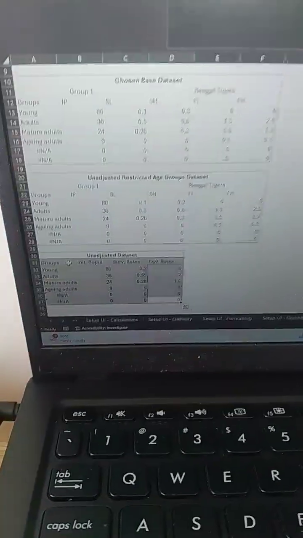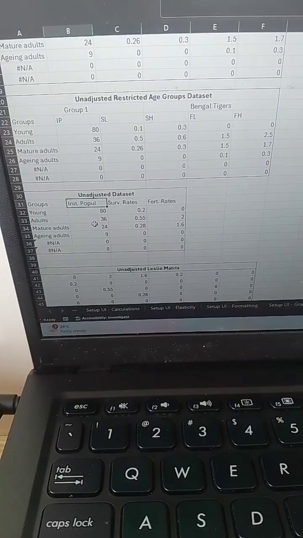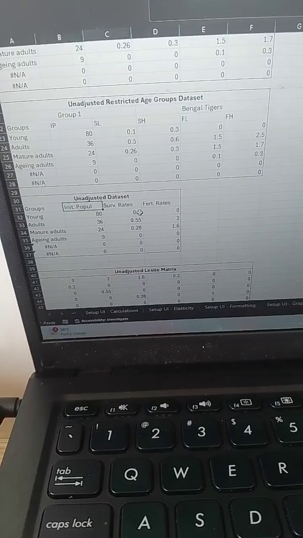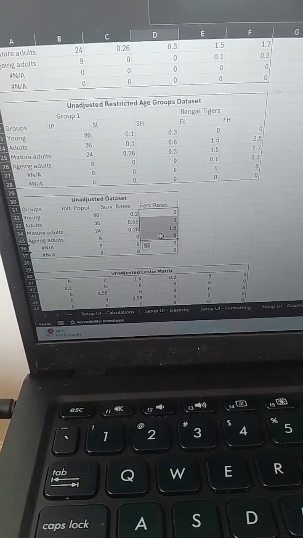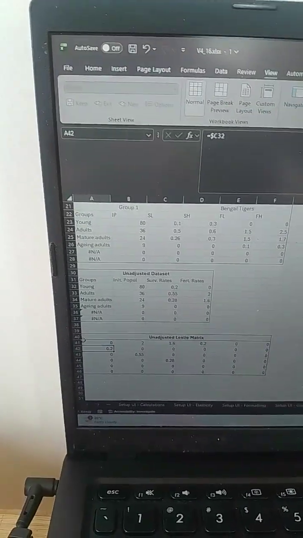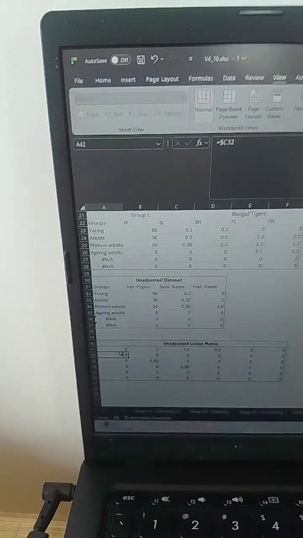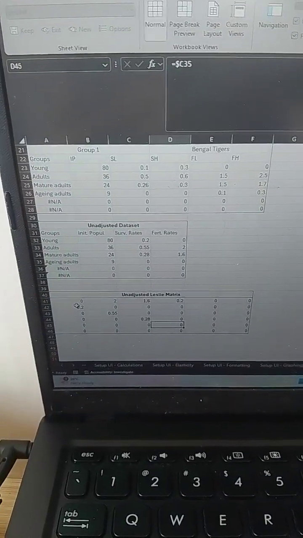I showed earlier. My initial population is 80, 36, 24, and 9 for the young adults, mature adults, and aging adults respectively. These are their respective survival rates. These are their respective fertility rates. Now, if I put this into what we call a Leslie matrix, which is just a big mathematical array for population predictions, I get this, where I have the final adjusted fertility rate, which is just the named range for this, and the final unadjusted survival rate along the subdiagonal. And then finally, zeros in every other corresponding